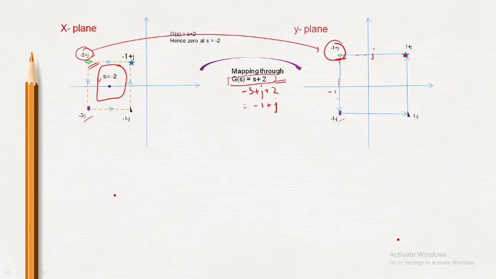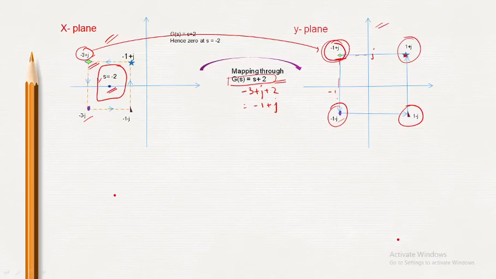There was not a pole in this function, so there was only one 0 in this function, and that 0 was lying inside the contour. And when the 0 was lying inside the contour, one observation is that the direction did not change, even though the points have changed. The direction in which this contour was in the x plane and the direction that we are getting in the y plane, both are anti-clockwise.